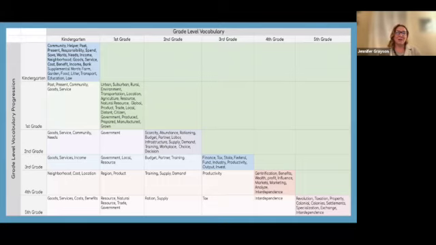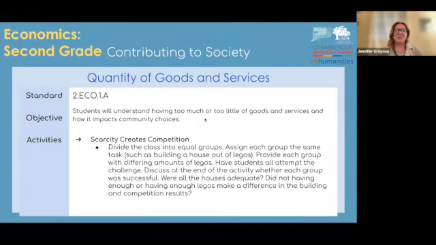So moving down from kindergarten, we do have past, present, community, service, goods. Those carry into first grade. And the same thing, now we added government in first grade, and now we're adding in scarcity and abundance, and those carry on as well through third, fourth, and fifth grade. That you could use to really make sure that they have an understanding of these two words is